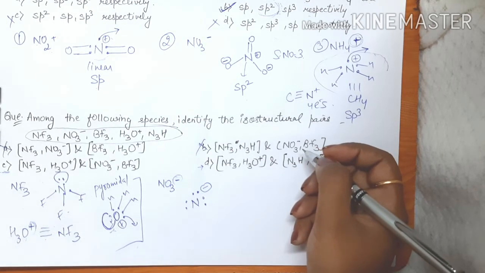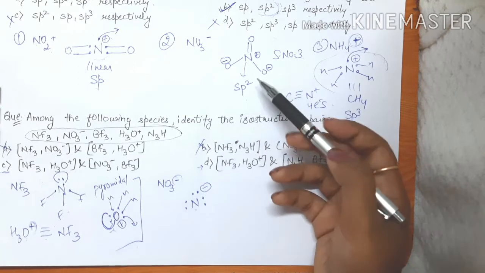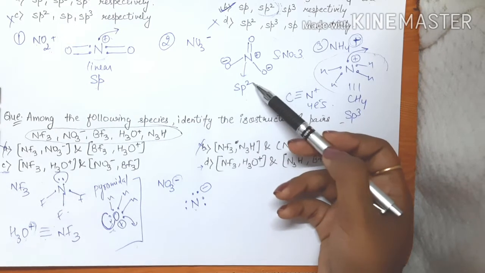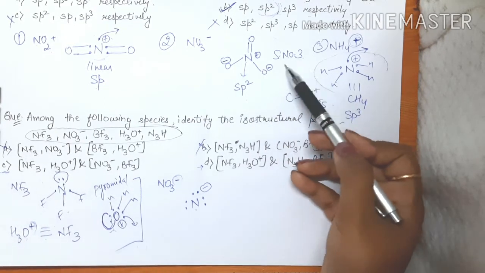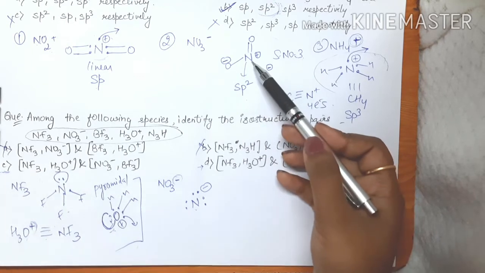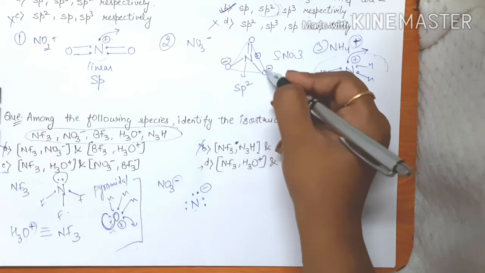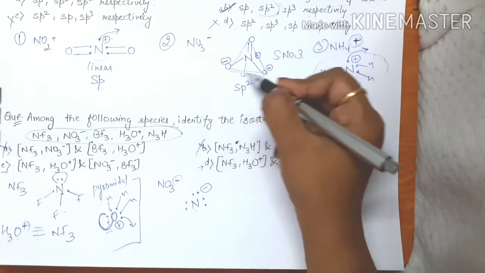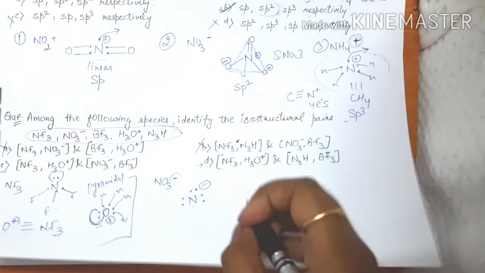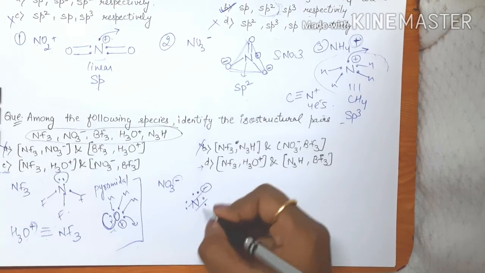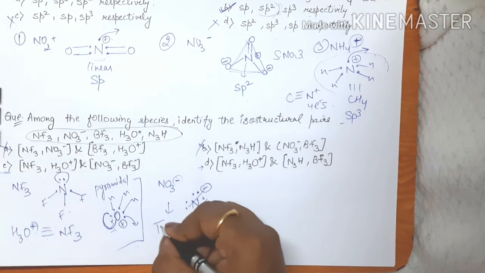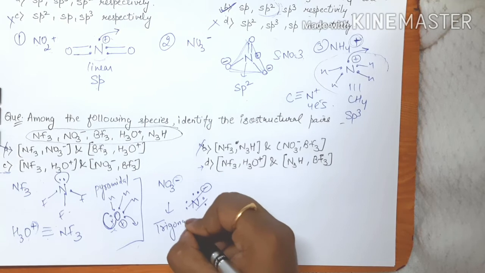Now we all know the structure of NO3 negative, we have discussed it here, right? It is having steric number 3, sp2 hybridization of this nitrogen, and here it is trigonal planar. Here we can see that it is trigonal planar. So simply I am writing it is trigonal planar,